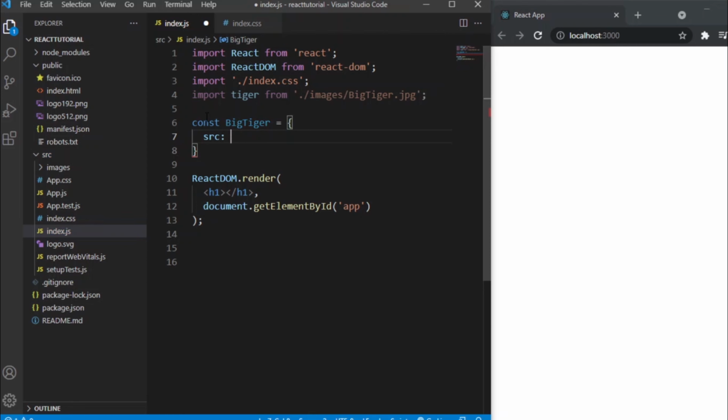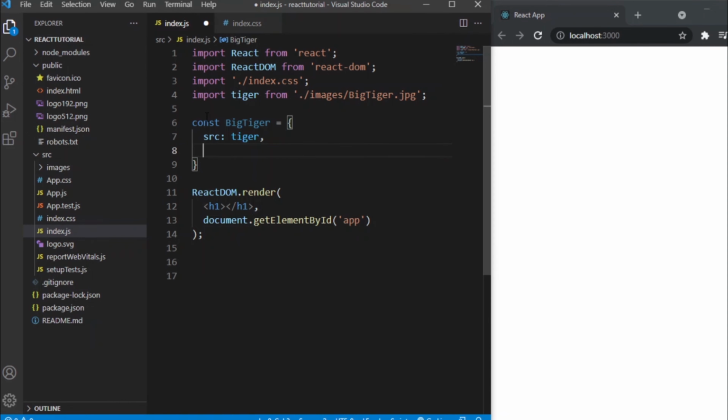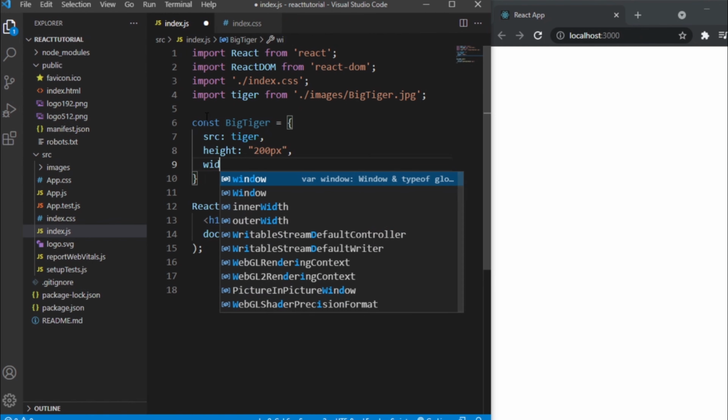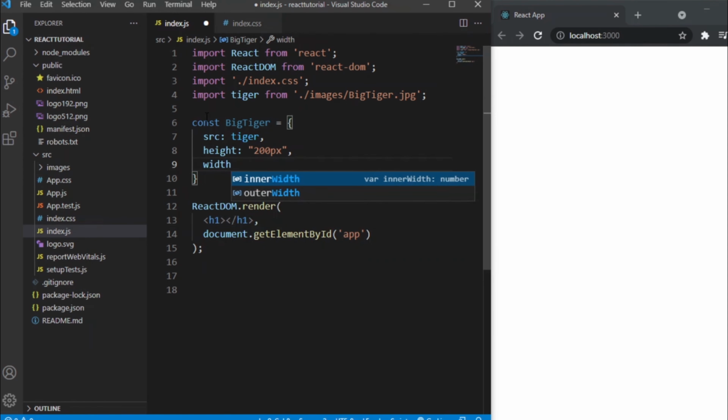So this will be equal to tiger. Height, this will be equal to, let's say, 200 pixels. And then we have width. This will be equal to